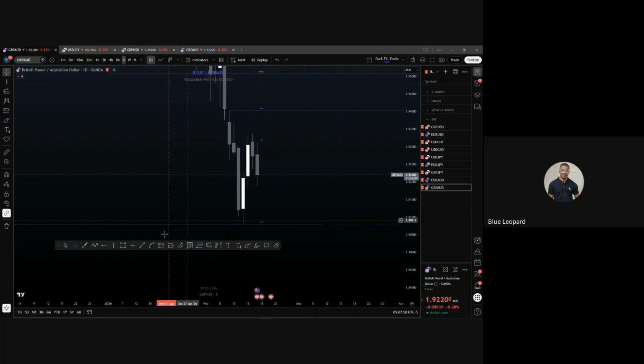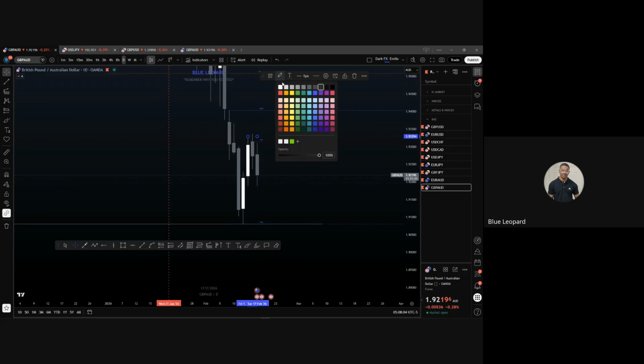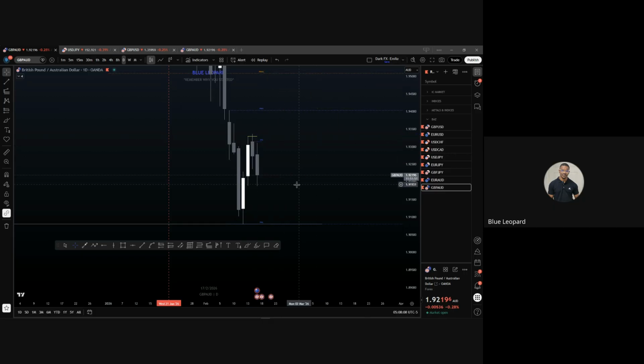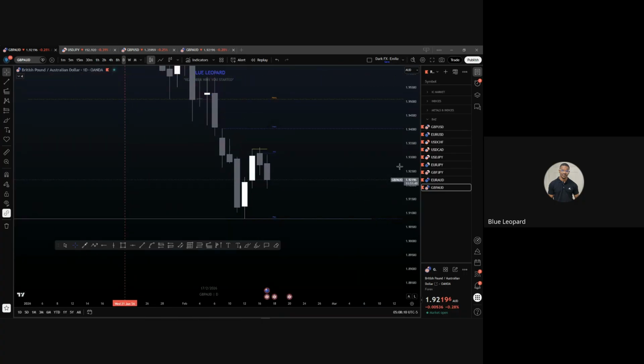So this is today. We had on GBP AUD a sweep. Let's use the yellow lines so you guys can see it. Sorry, we have this yellow line. I want you to see what I'm drawing. The yellow line is